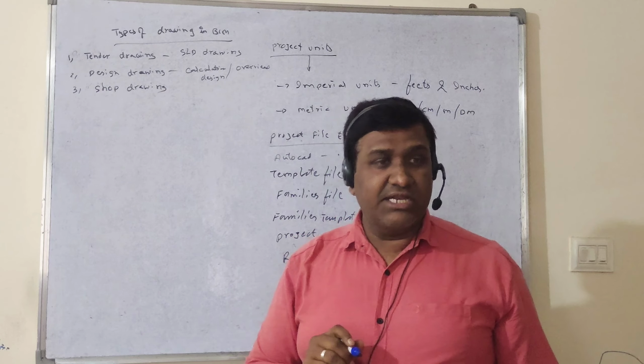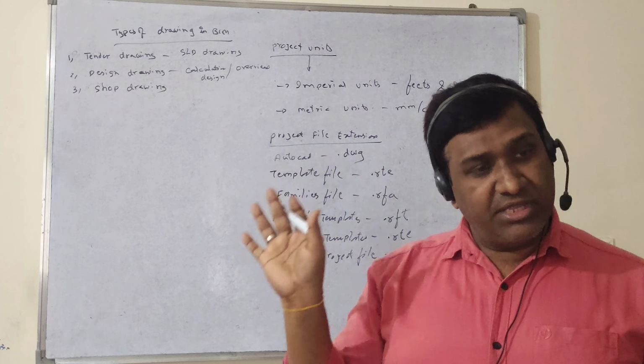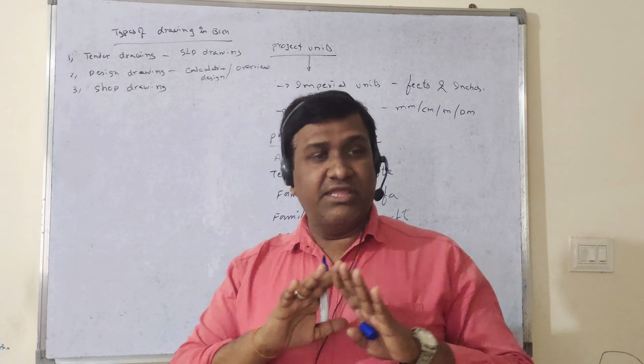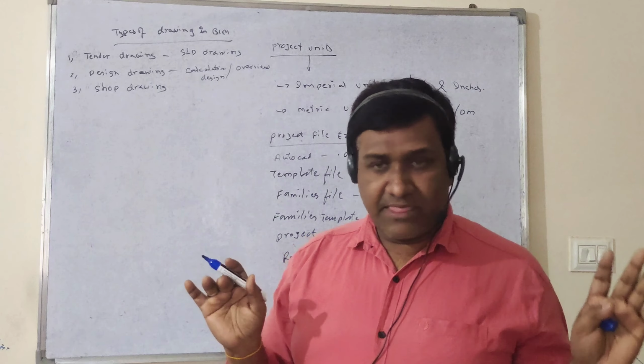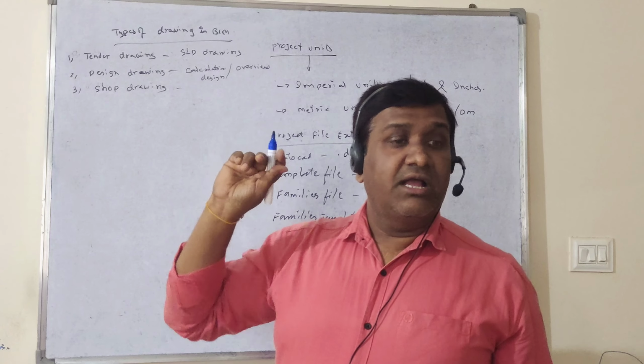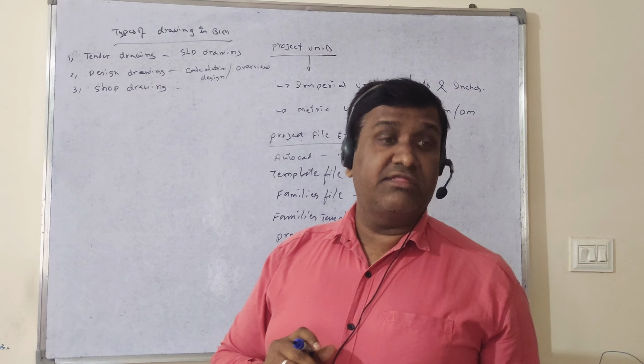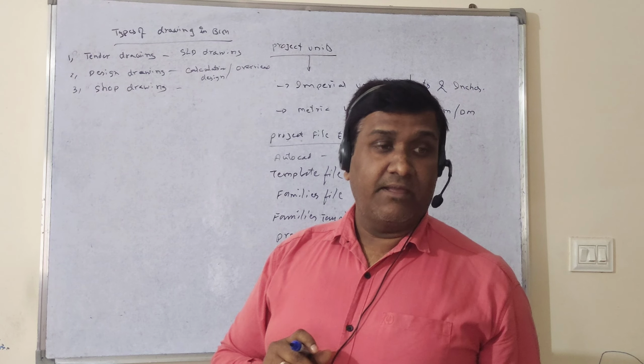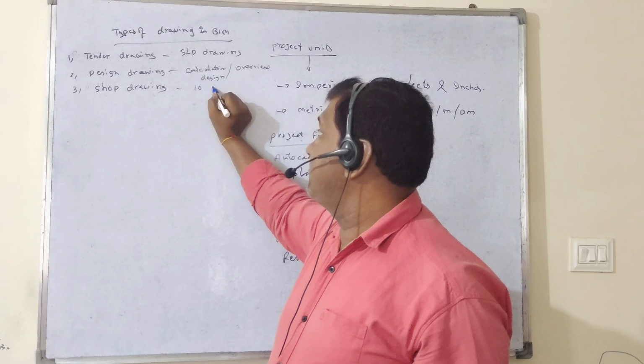Design drawing is nothing but calculation with overview design. Everything will be there. But tender drawing is only a single line diagram, that's all, overview. But come to the shop drawing, it's a fully detailed drawing. That is, we will call it a shop drawing. So in shop drawing, there will be 10 points